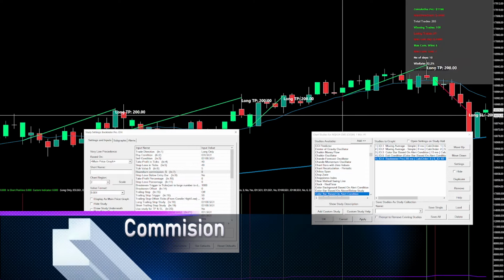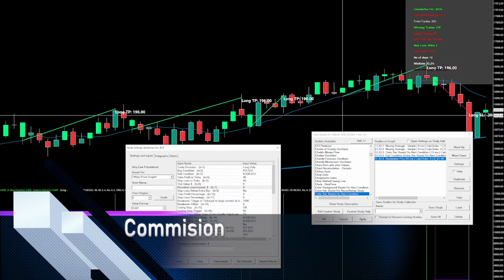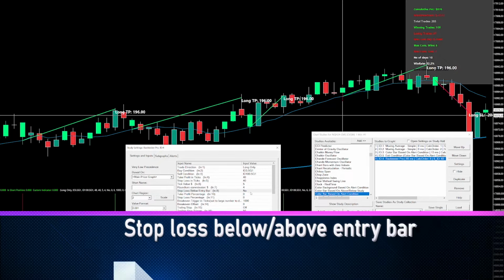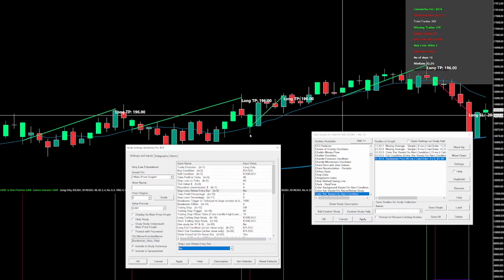Commissions, let's turn on commissions. Commissions are usually $4 round turn, and it's immediately reflected in the calculations. Next we have stop loss below bar, entry bar. We can just use the low of the bar as a stop loss point, which gets calculated after the